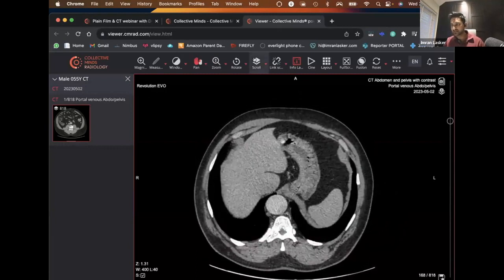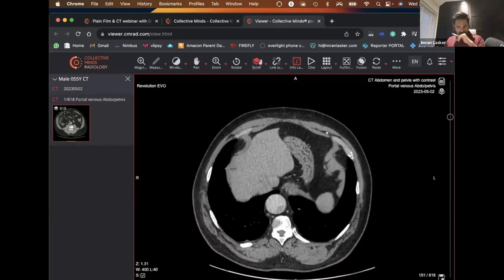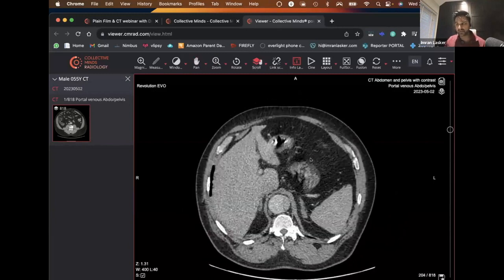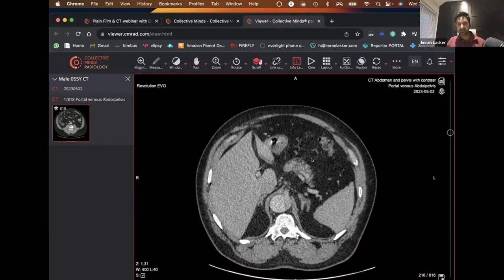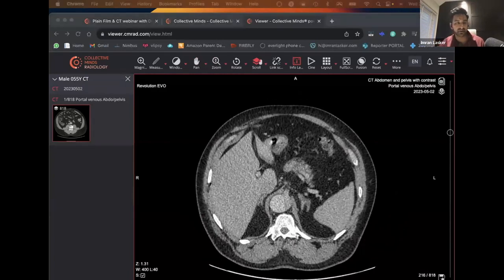Now you can imagine that someone like this turns up with abdominal pain, and you may miss that. The reason why you may miss that is because this is not a dedicated study. Usually the false lumen would be smaller. Actually, there's a really good checklist. I won't be able to find the checklist right now, but if you type in aortic dissection checklist, there's